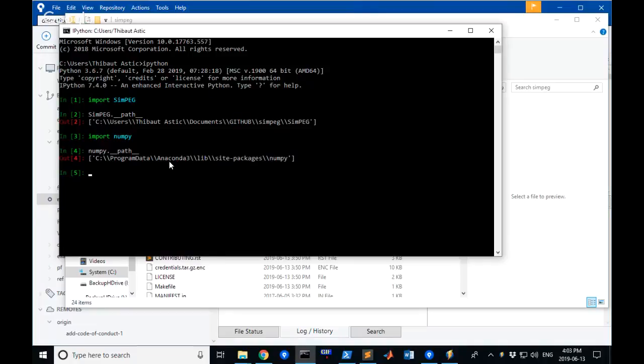Yeah, well, why is this necessary? Yeah, because you want to make sure that when you run the code, you're using your branch and not the master branch which you just installed. Well, you can install a certain branch with pip too, but for example, for me in SimPEG, I can